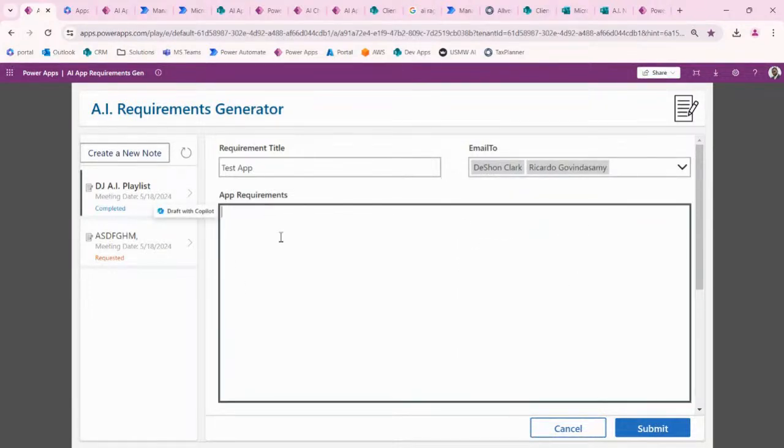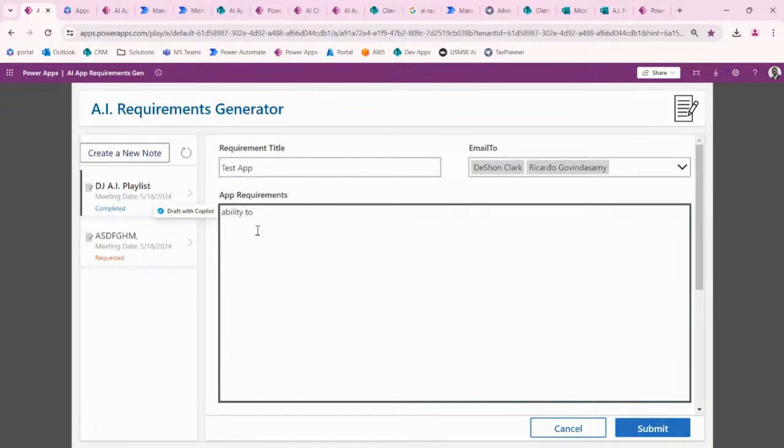All right, so once this is done, here it's asking me to describe the application or the solution I want to create. So if you're a business analyst, and this is the reason why I built this, if you're a business analyst and you're working with the business and you're capturing all that, I'm going to show you how this whole experience can be 10 times better. You're capturing all the information that the business wants the solution to be that your project team is building for them, right? So this is where you would type it out, and I'm not going to bore you with typing. So I'm going to say something like